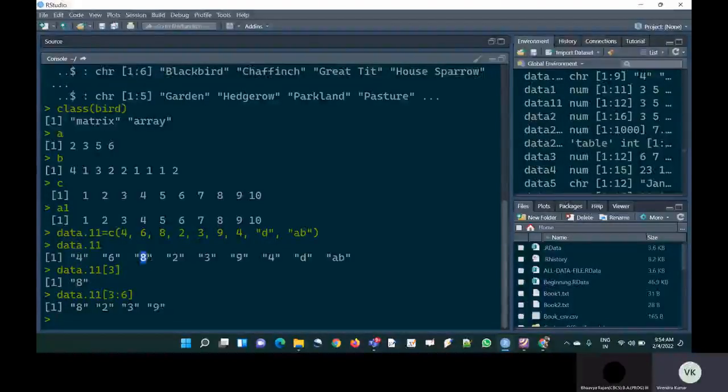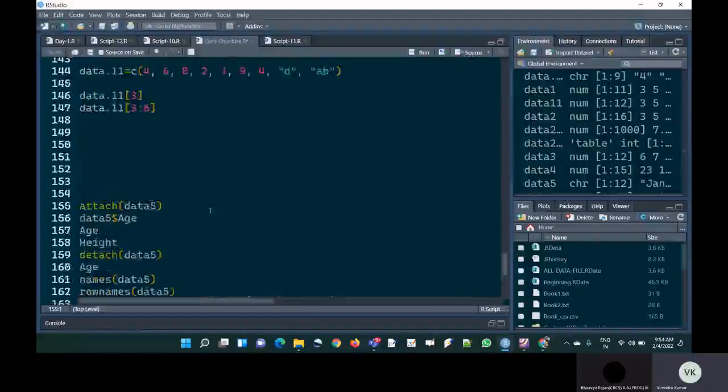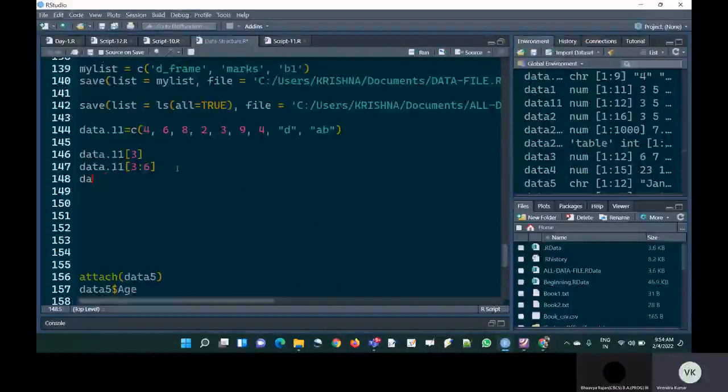This third is this 818. Okay, and then through 6, na? Third, 4, 5, 6 up to here. So these 4 entries will be shown here like this. Okay, so if you want to write data